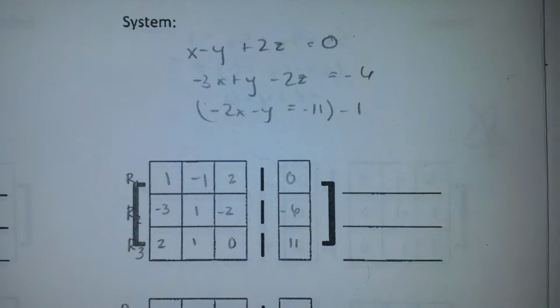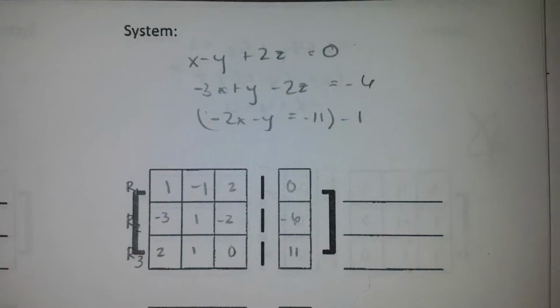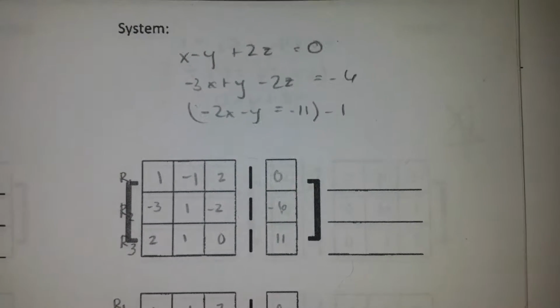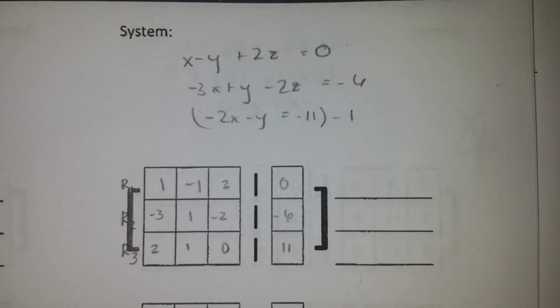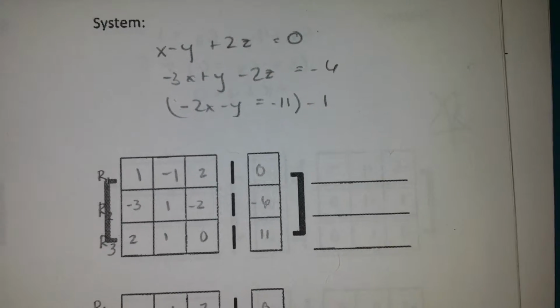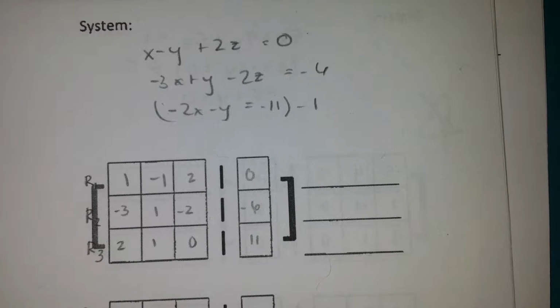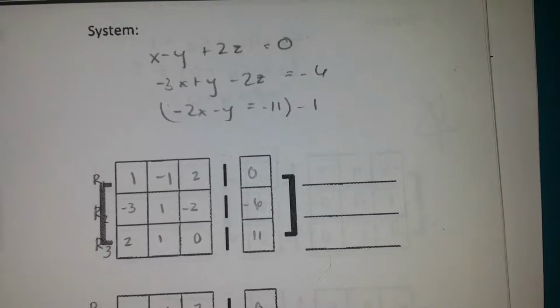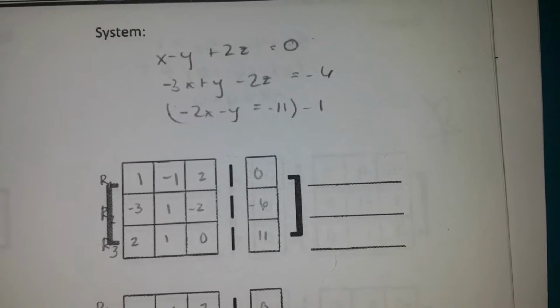Hello, I'm Leslie from Period 5, and today I'll be teaching you how to solve a matrix, and it's going to be number 7 from your DPs. And well, here is the system. We got x minus y plus 2z equals 0, negative 3x plus y minus 2z equals negative 6, negative 2x